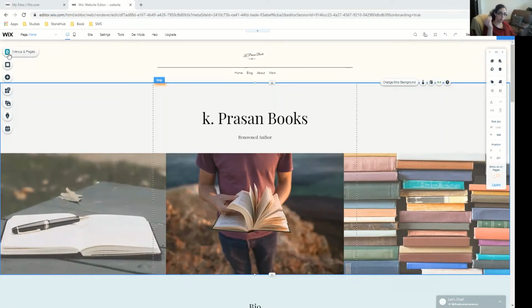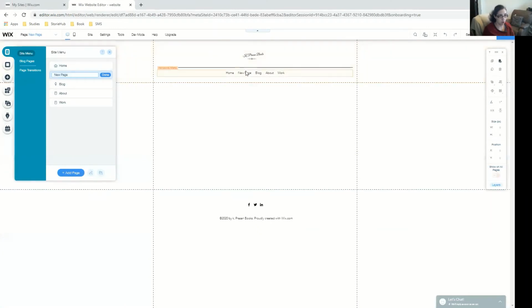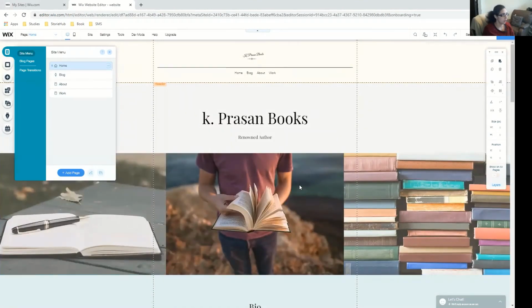Now, if you remember, while we were creating the site and we were adding and subtracting pages, I said even if you don't do it right now, you can do it later. So this is where we do that. If you want to add a new page, you could add a new page and it'll automatically show on your menu. I don't want to do it right now, so I'm just going to delete it. Okay, and the blog pages, because we've added a blog to our site, so we can work those through here.